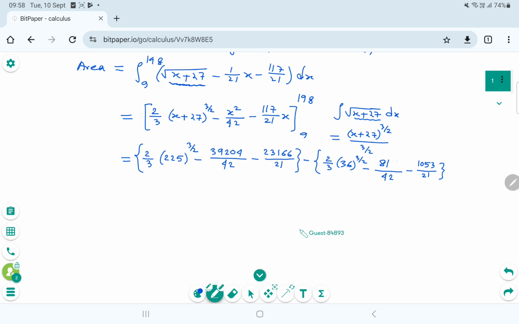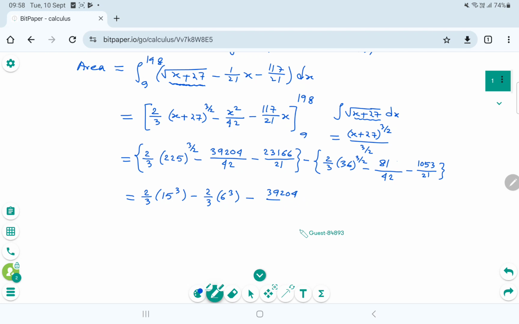15 into 15. Yeah. So if you do 15 square, then you will get 1 over 3. So 15 cube, right? Minus. Yeah. So let's see what happened here. 39204 over 42. Yeah. No, that does not work. Okay, let's separate first. Then 23. And then here we get 6 square, I mean 6 cube, right? Minus,